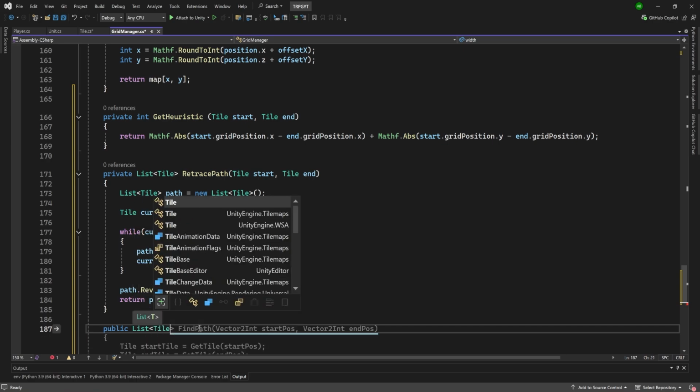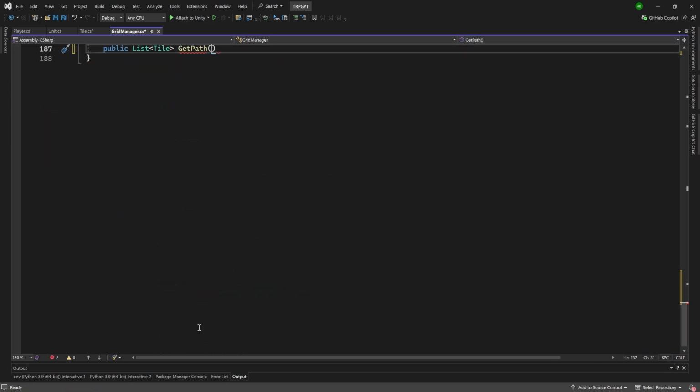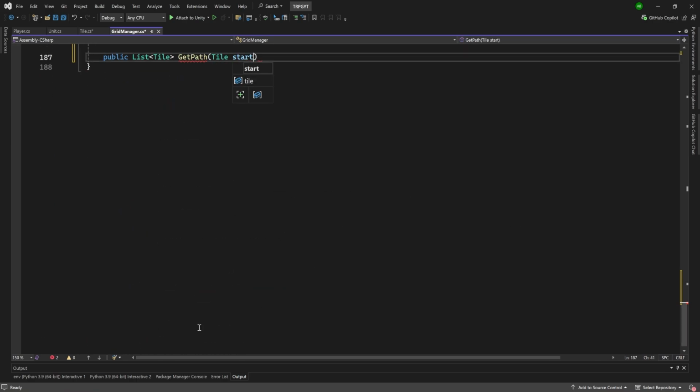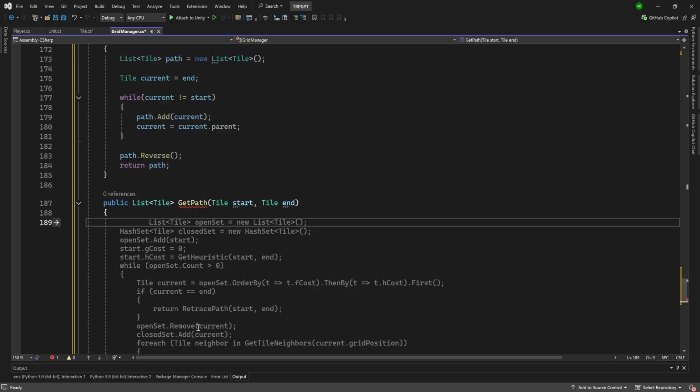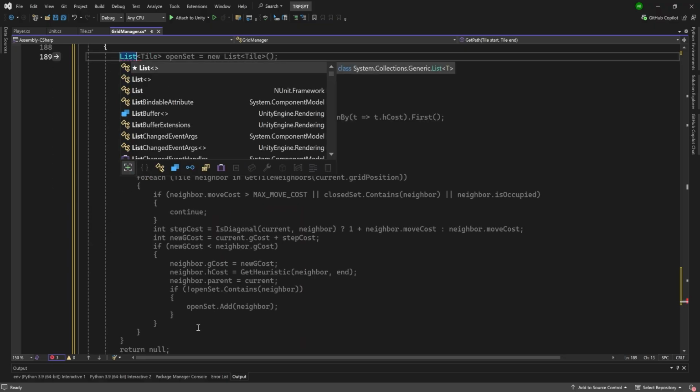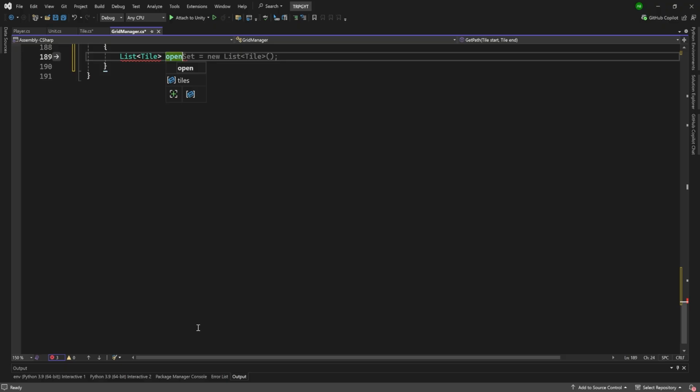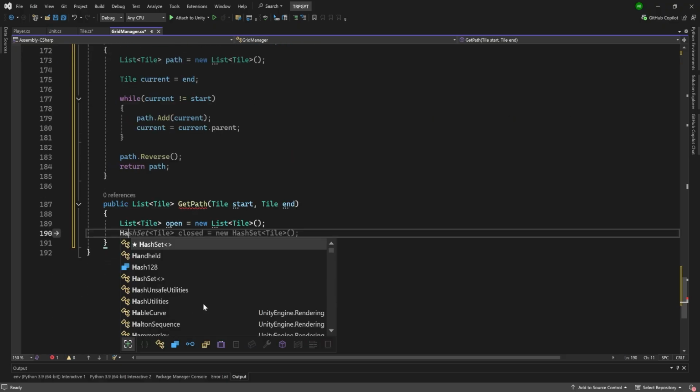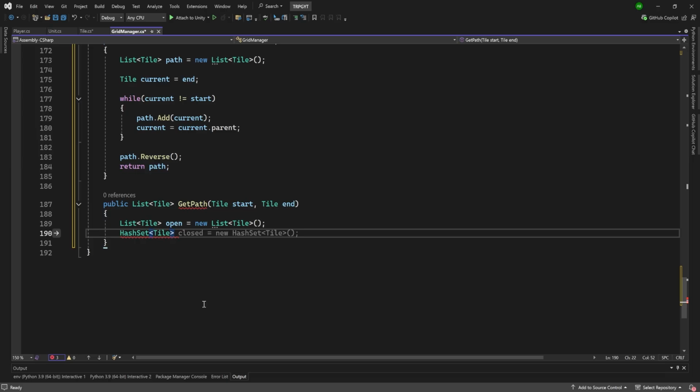of tile. We're going to call it getPath, and we want to pass in a tile called start and a tile called end. We're going to start this out by creating a list of tiles called open. This will be equal to a new list of tiles. Then we're going to create a hash set of tiles called closed, and this will be equal to a new